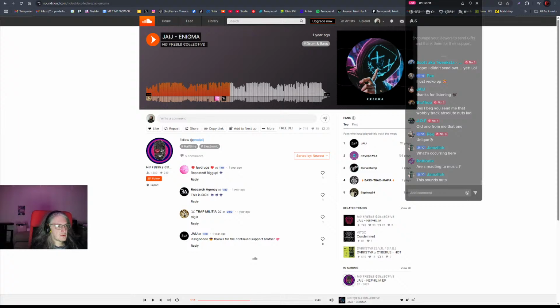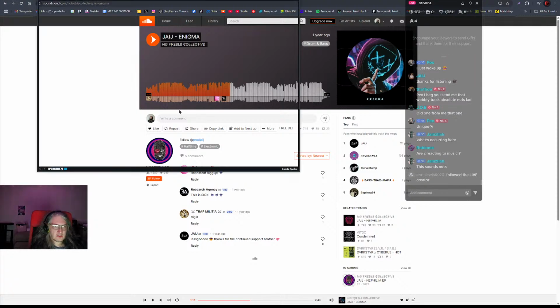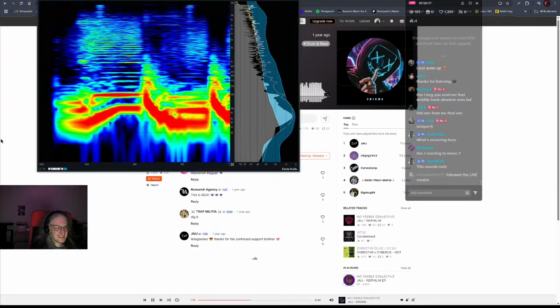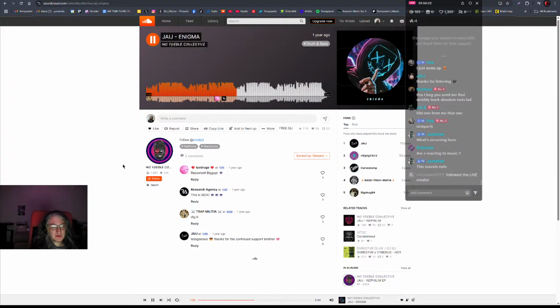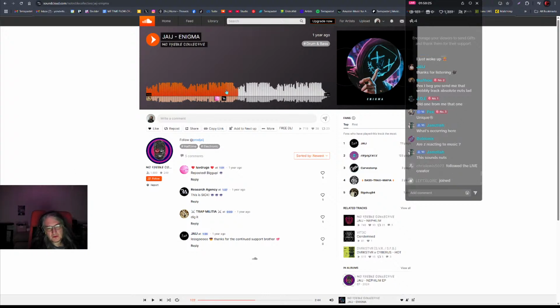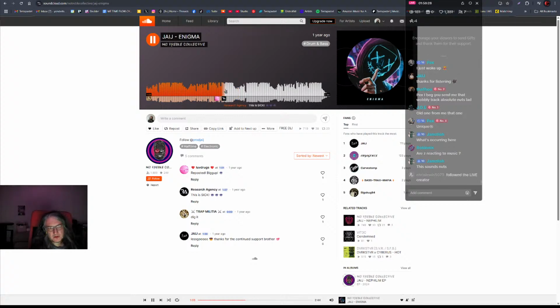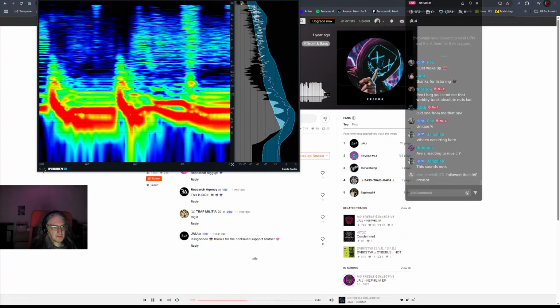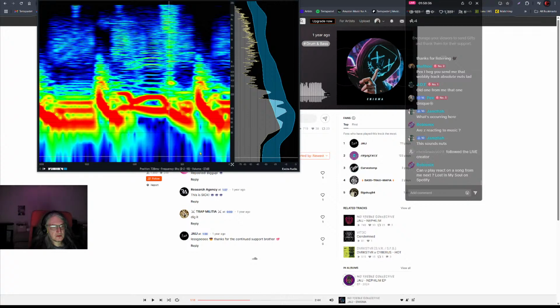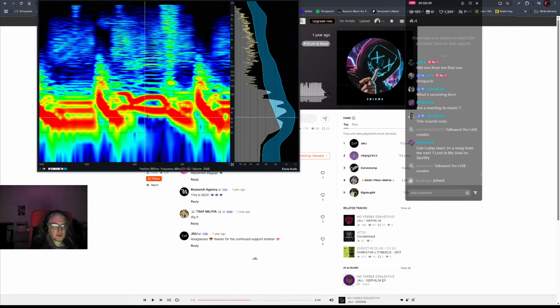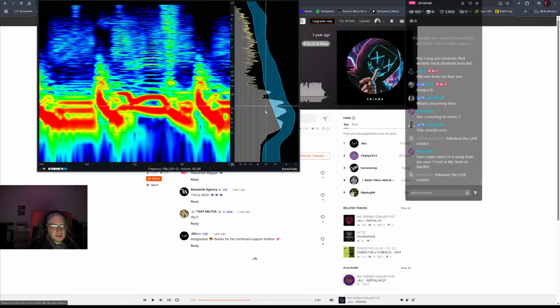What was I going to do? Oh, I was going to get the scope out again. It's not a scope, it's a spectrogram. Okay, that's interesting. This is where my ears play tricks on me, without turning the subwoofer on in this room. I have to use my ears, my headphones, and this spectrogram, and it shows me that you have plenty of nice sub frequencies here. Possibly too much